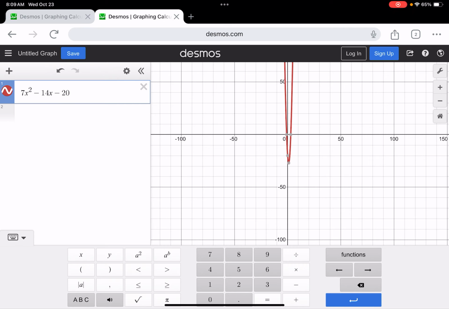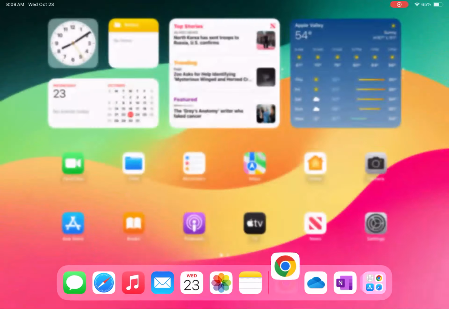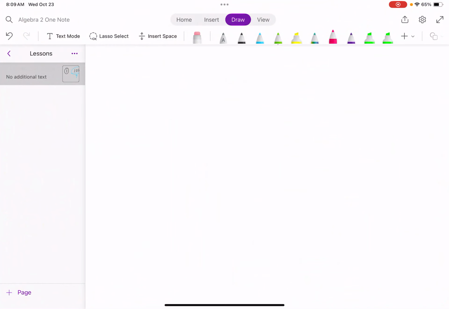Now, here is number 7. It wants you to input... Oh, this one's a bit tricky. So let me go back to here for number 7. Number 7 says 3x squared plus